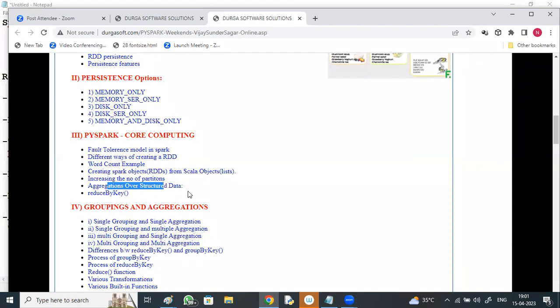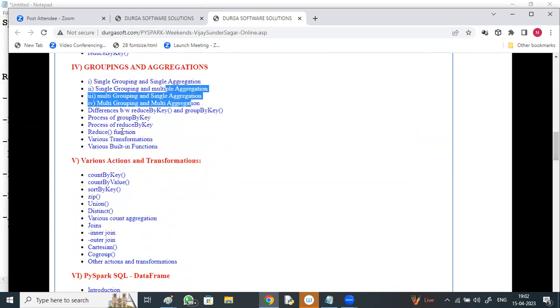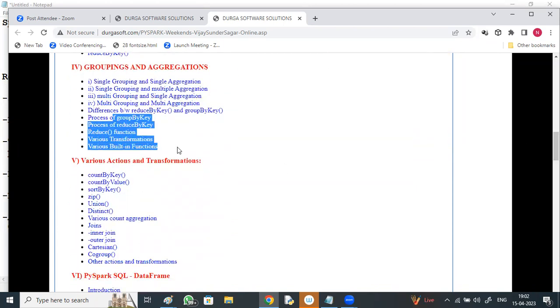Aggregation over structured data, increasing the number of partitions, creating Spark data objects from Scala objects. Reduce by key is the important functionality: reduce by key, group by key, count by key, count by value. Various groupings and aggregations: single grouping with multiple aggregations, multi-grouping with single aggregation. Difference between reduce by key and group by key, the process of reduce and group.